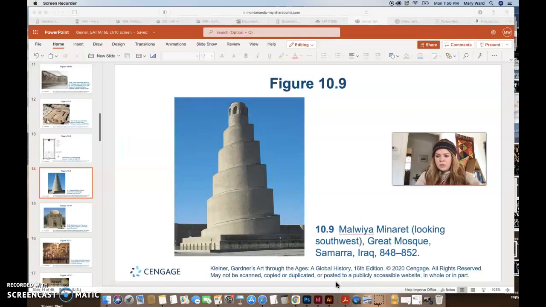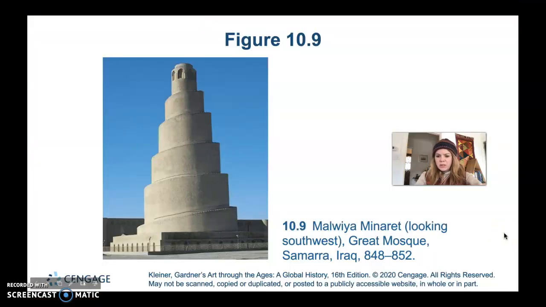Mecca. So here we have the Malwaya Minaret from the Great Mosque at Samara in Iraq from 848 to 852. And it's a 3-story minaret. And actually, it's more than 3 stories, sorry. It's basically kind of a spiral in form, and is at the capital of Samara. And it was the capital of the Abbasid Caliph al-Mutawakkil, I believe, al-Mutawakkil. And it was the largest ever mosque built at the time of its construction, the mosque at